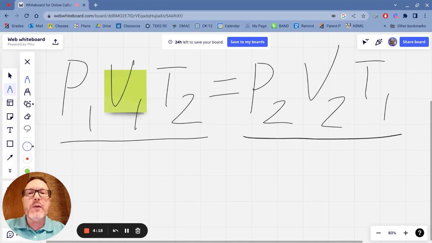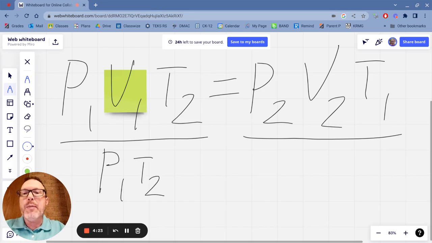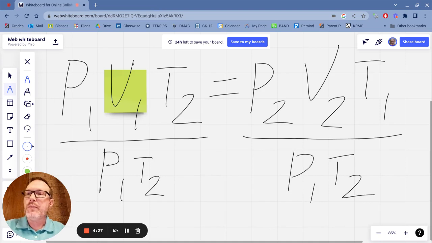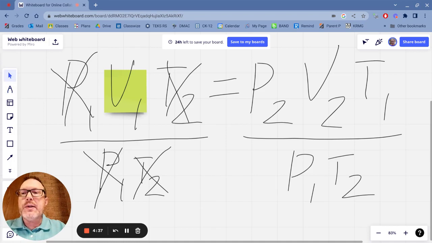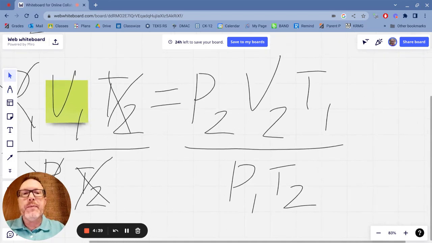So if I want to get rid of P1 and T2, then I divide both sides by P1 and T2, which on this side is going to end up crossing off your P's and your T's. So all you would do at this point is plug in your numbers